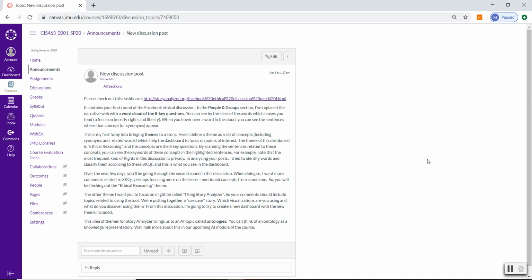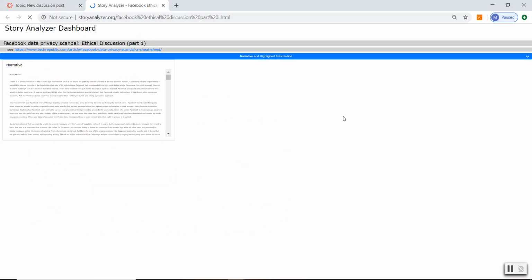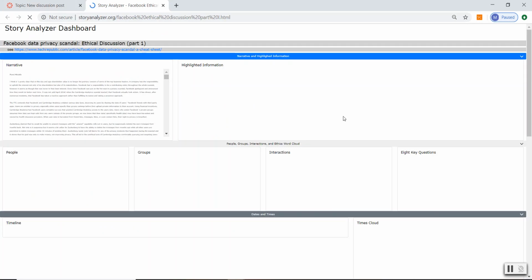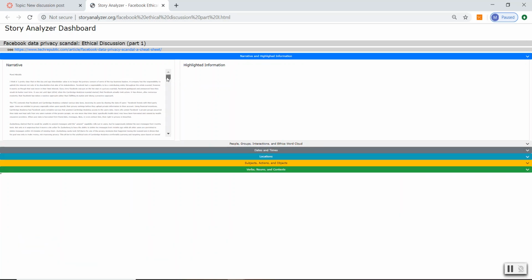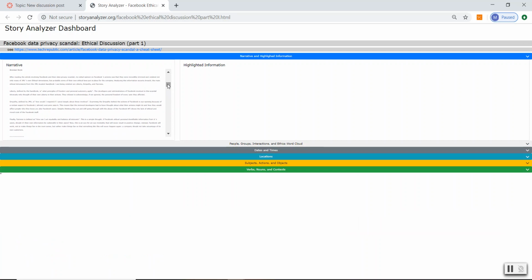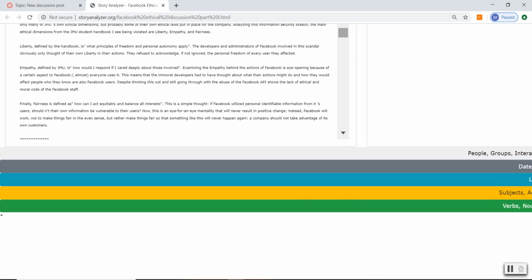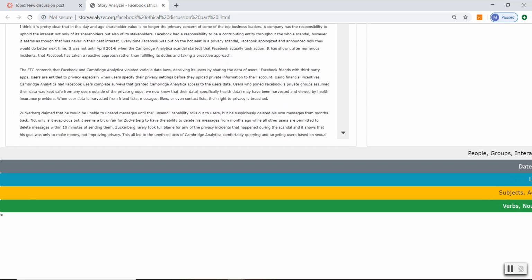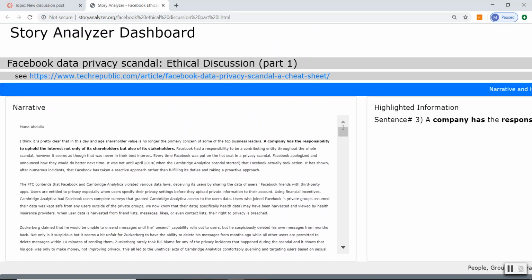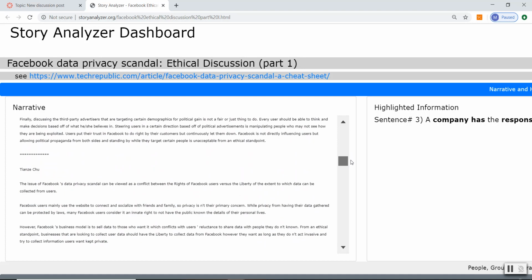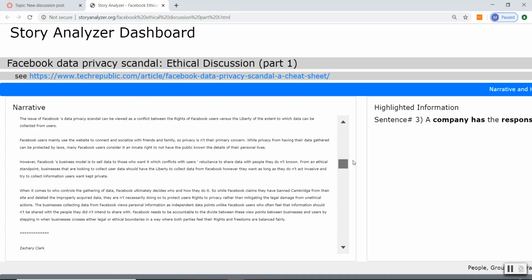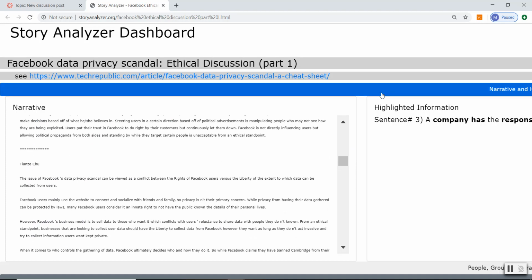And I'm looking for, and again, I had given you this link. Let me show you this story analyzer dashboard. This is basically the text of your earlier ethics discussion post. And so for each one of you, I have basically what you wrote. So I have for Mund what he wrote, and then for Brendan, and etc. All the way down. So it's basically the entire text